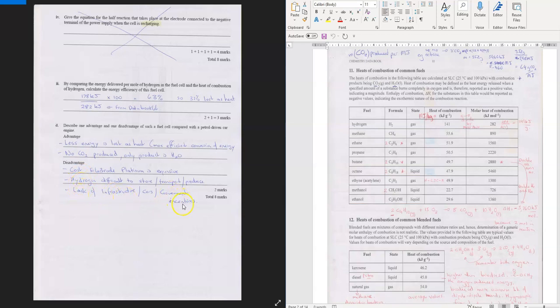There's a lack of government incentives, I don't think. I'm just joking with that one, don't put that on the exam, but